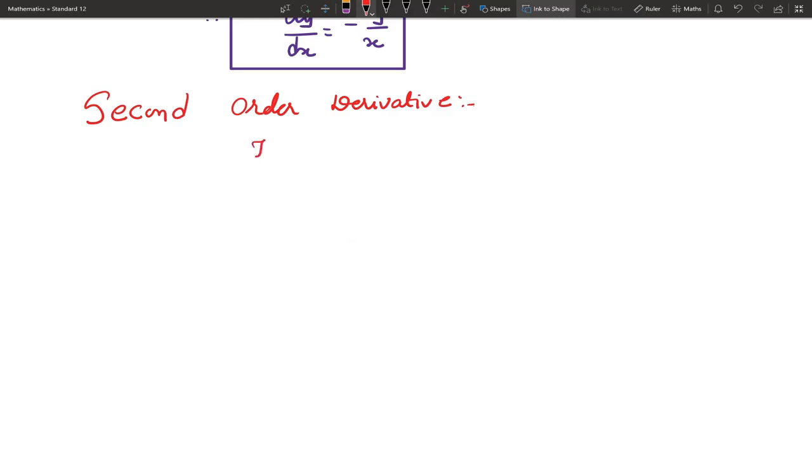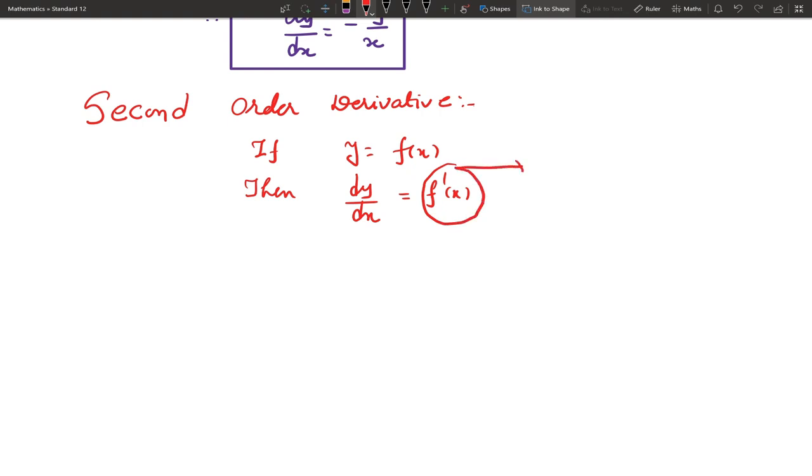If y is a function of x, then we know dy by dx is f prime x, the derivative with respect to x. If f dash x is differentiable,